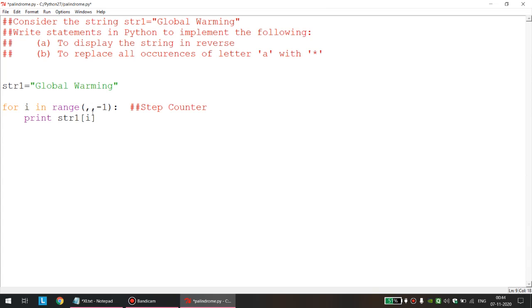If you have seen the introductory video of traversing a string, suppose I take a string B, B, P, S. There are two ways to traverse. One is forward traversing, 0, 1, 2, 3, and one is backward traversing or reverse traversing.